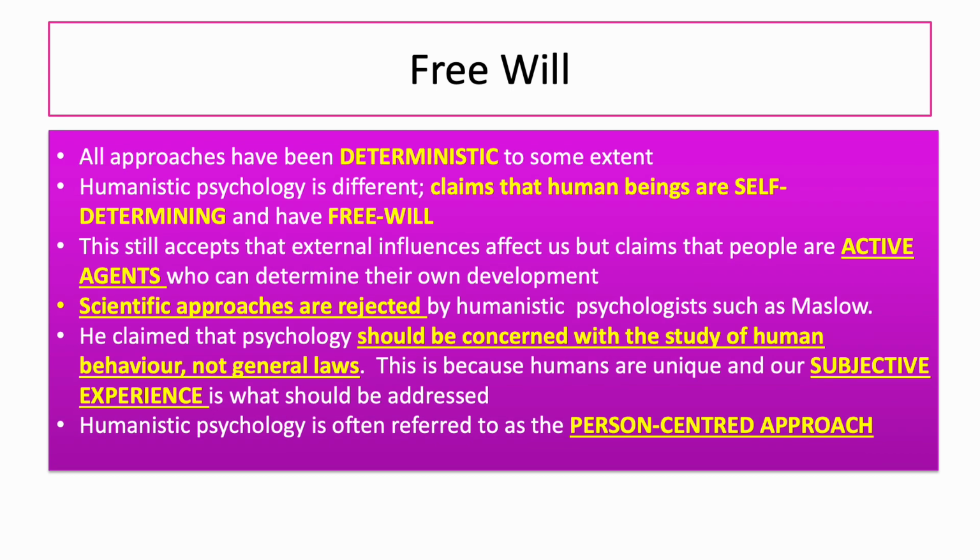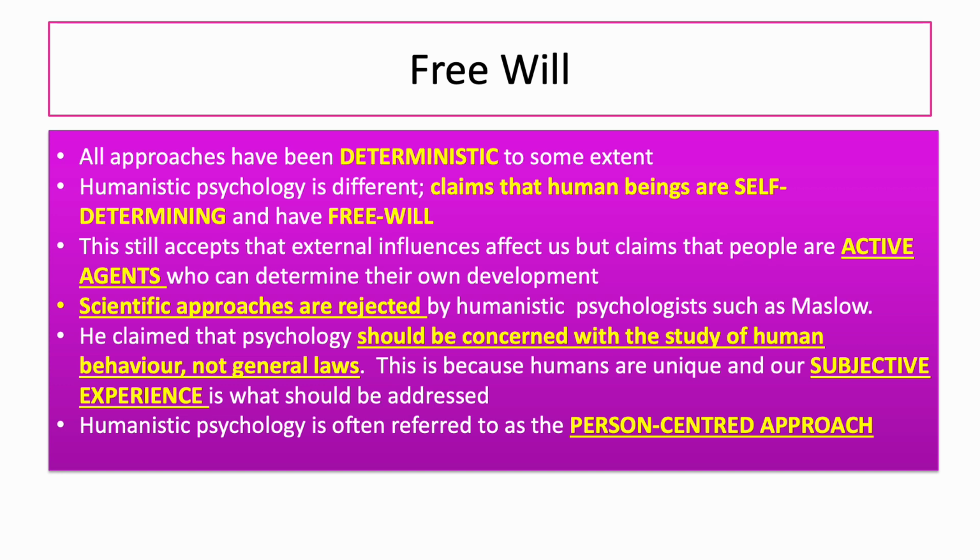So all approaches have been deterministic to some extent, but the humanistic approach is different because they believe that individuals are self-determining. They have free will, and that is what causes their behaviour. Not hormones, not the unconscious mind, themselves. So they do accept that external influences, like the unconscious mind or hormones, affect us, but that we're actually